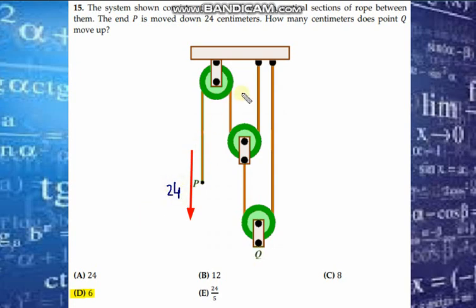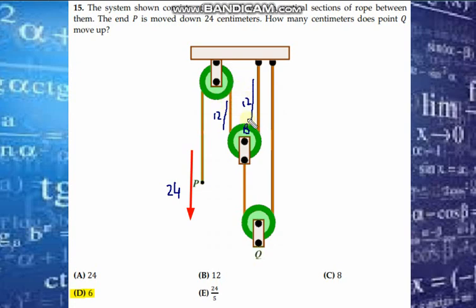Now when that happens, this rope also has to shorten by 24 centimeters. But because of the pulley in the middle, this movable pulley, let's call it pulley B, this entire rope is going to be shortened by 24 centimeters. But because of this pulley, each side is going to shorten by 12 centimeters. Right? And that's because the total rope has to shorten by 24 centimeters. So if 12 centimeters is reduced on both sides, then that adds up to a total of 24 centimeters being reduced from the length of this rope.